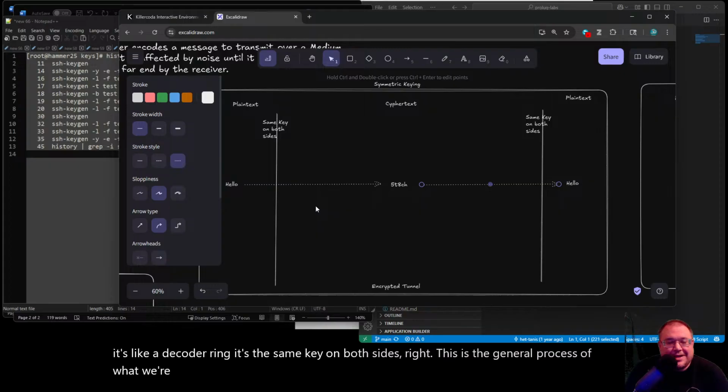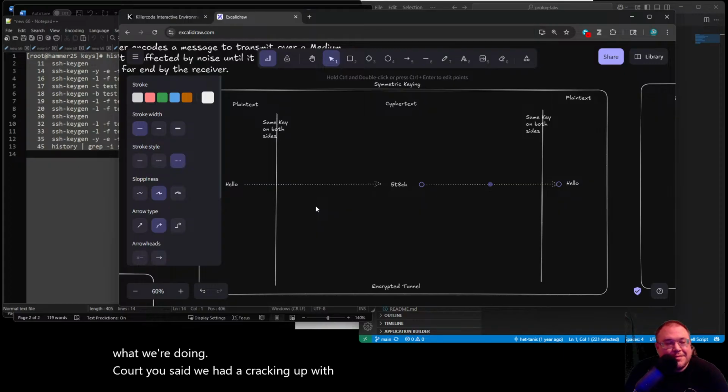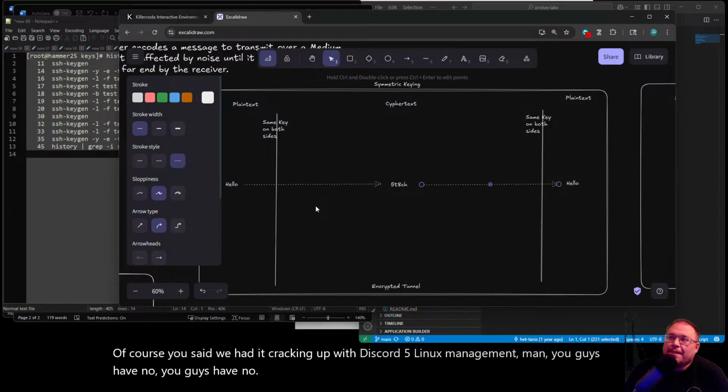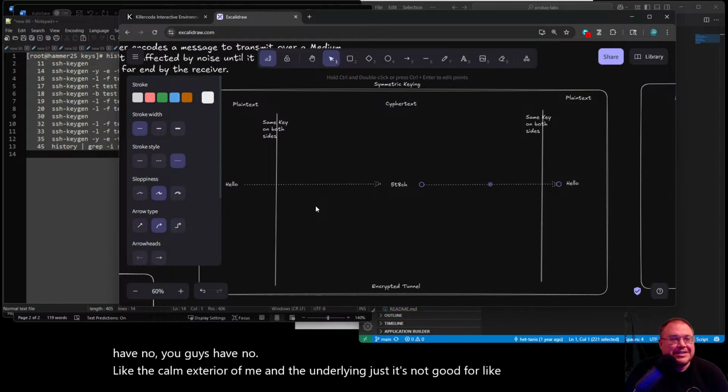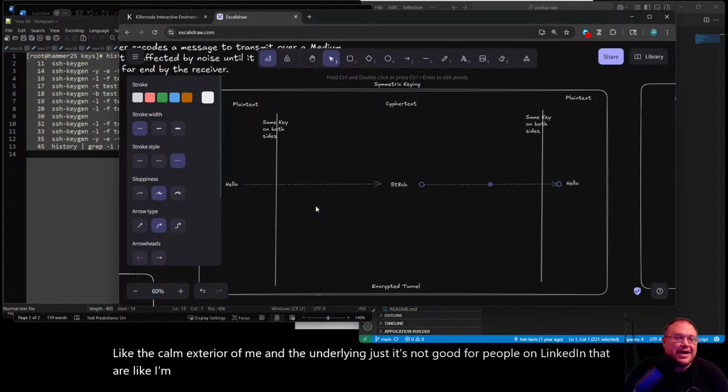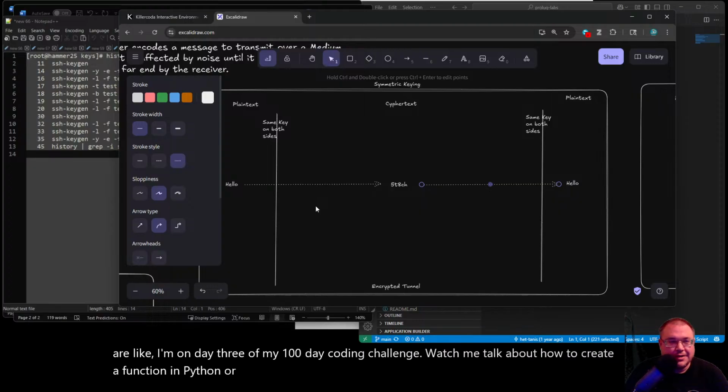Oh, Quartz said we had it cracking up with Discord and Linux commands. Man, you guys have no idea, the calm exterior of me and the underlying rage. It's not good for people on LinkedIn that are like, I'm on day 3 of my 100-day coding challenge, watch me talk about how to create a function in Python or something. You're like, oh my God, man.